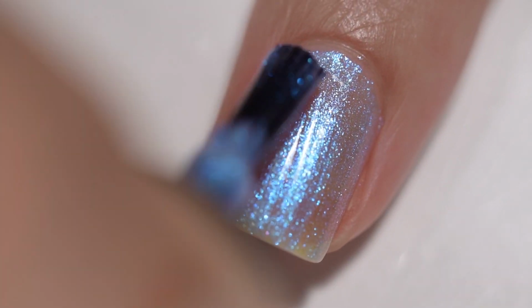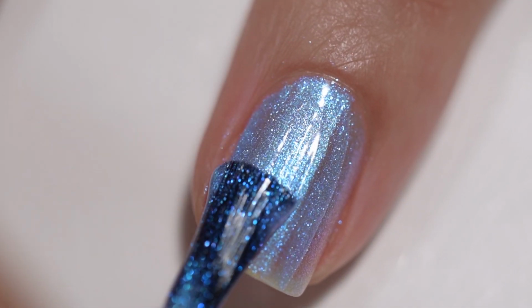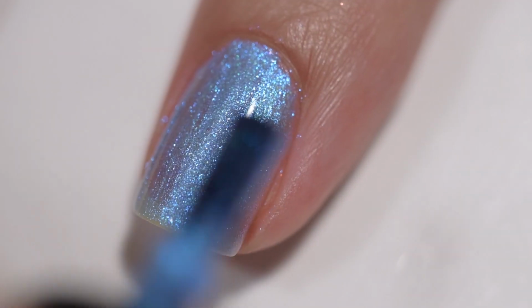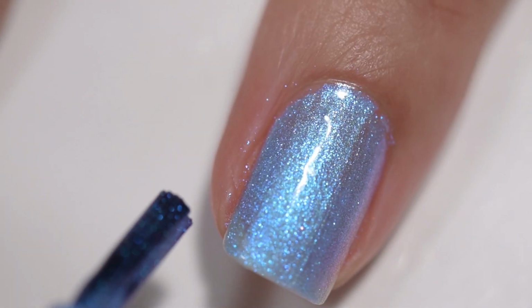at extreme angles. This polish had a great formula. It went on very smoothly and very evenly. It stayed exactly where I put it. I didn't have any application issues. There was no running, no pooling. I had no staining. Nothing in this polish is going to dry textured or give you any kind of difficulty to remove. Those little shimmers can make a mess though, so once you remove it, what I usually do is